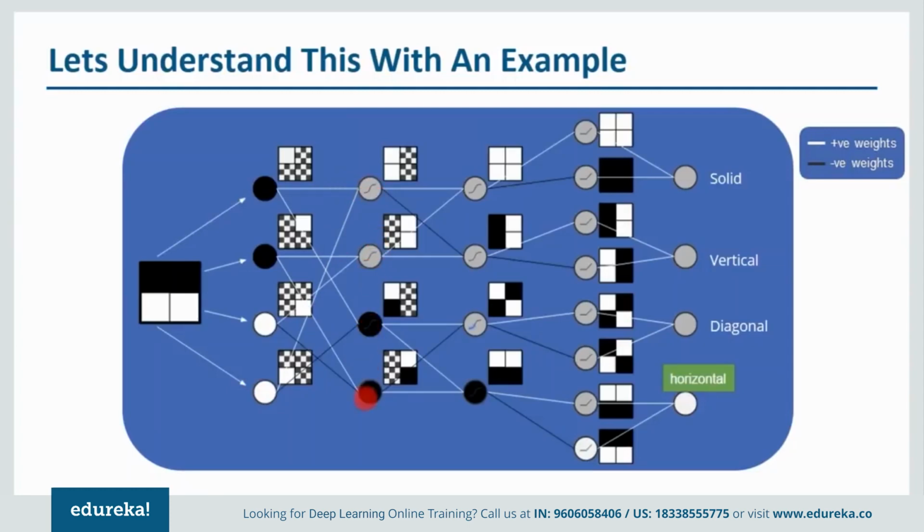Now when I talk about these two nodes, the first node over here is getting input from this node as well as from this node. Over here we have a negative weight. Because of that, the value will be negative, and we have represented that with black color. Similarly, over here as well, we are getting one input from here which has a negative weight, and another input from here which again has a negative weight. So accordingly, we again get a negative value here. So these two become black in color.